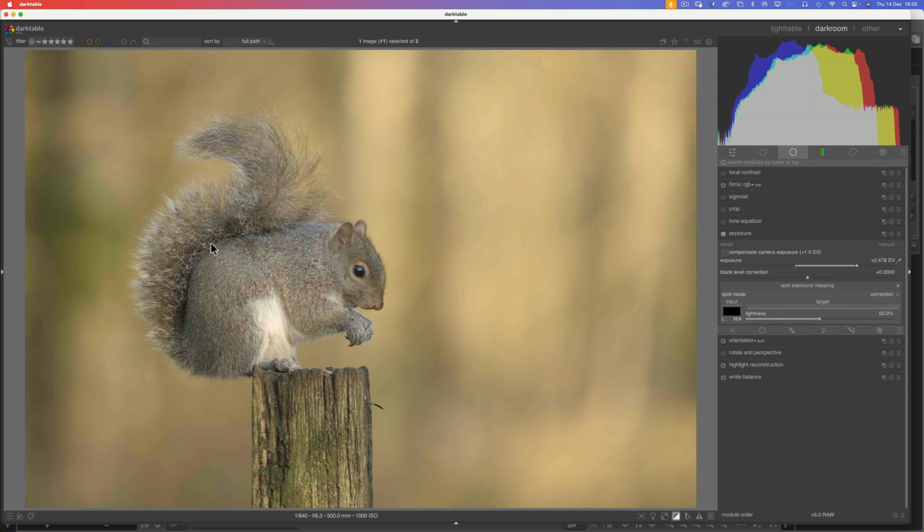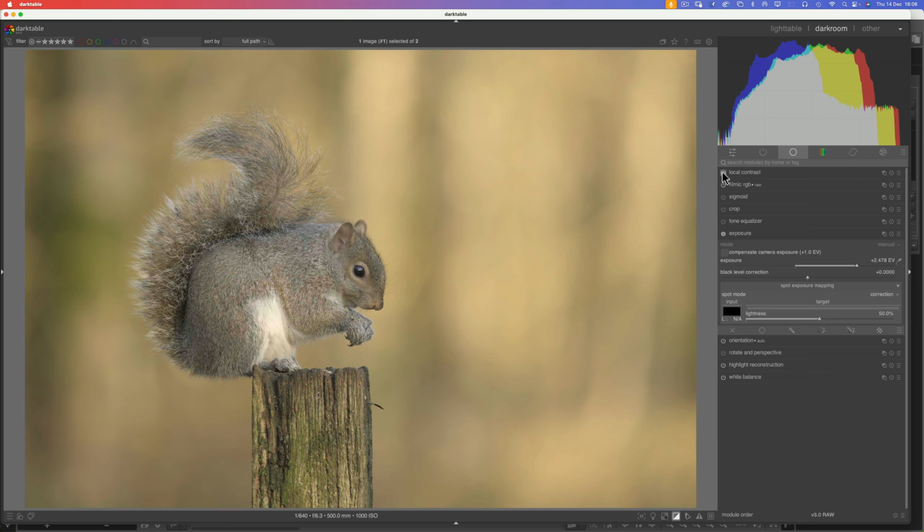It'd be too contrived trying to do it with local adjustment spots. So here's the thing. Over in Lightroom, I can stack adjustment brushes one on top of the other. I can sort of achieve the same thing pretty much in one pass in this particular piece of software, darktable,